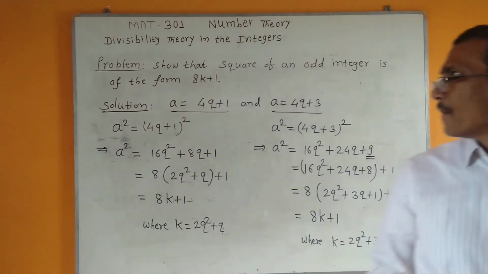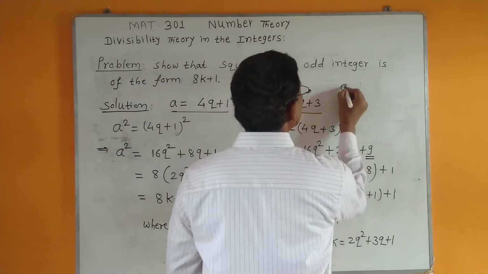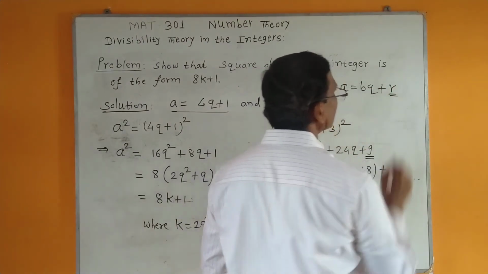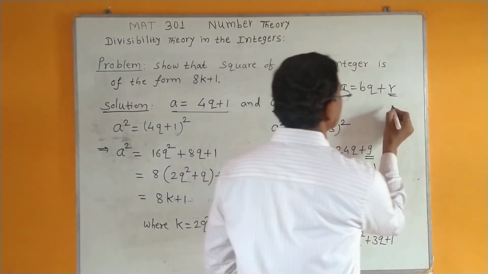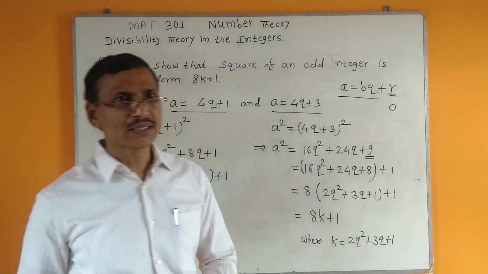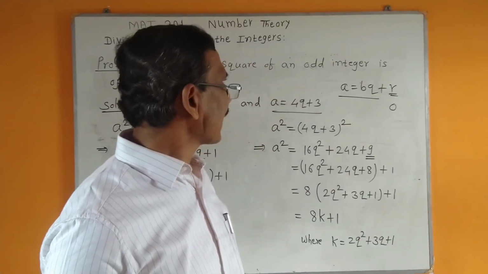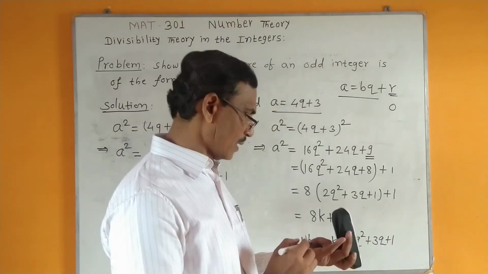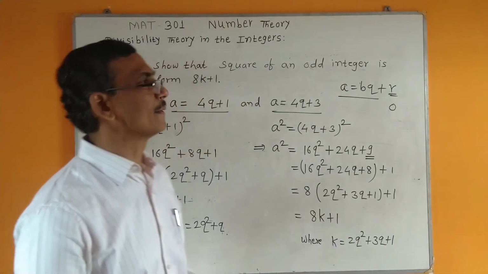Now we shall write the division algorithm as a is equal to bq plus r. Here r is a remainder. If this remainder is 0, what happens? We get a is equal to bq. That means this is a perfect division. That means we can say that a is divisible by b. And from this we get the definition of divisibility.